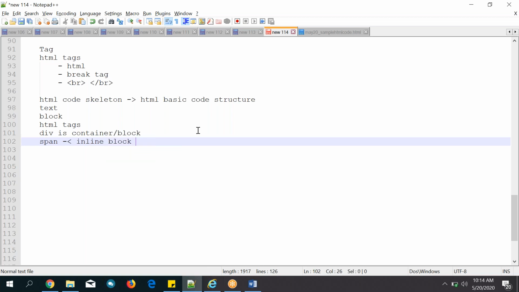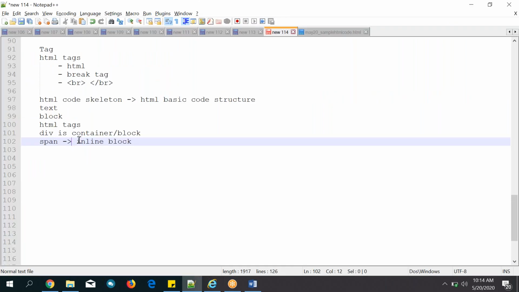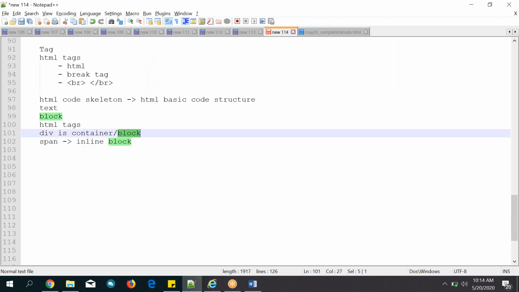Block means full block from left to right. Inline block means only as much space as you have really occupied is taken. Span acts as an inline block, and div acts as a block, para also acts as a block.